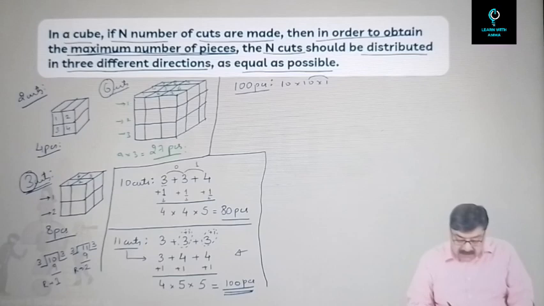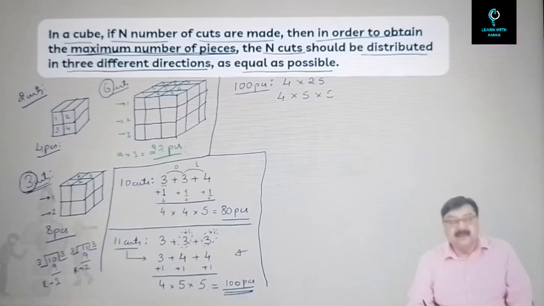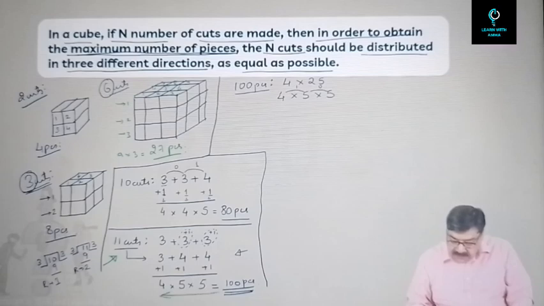So rather than doing this, let us write it as 4 into 25. Let's expand this. It would become 4 into 5 into 5. Alright, so 4 into 5 into 5. Now you see the difference here is least. 4 and 5 difference is only 1. 5 and 5 the difference is only 0. It is the least. Now go to this particular figure and let's move in the opposite direction. Well, number of pieces is 4 into 5 into 5. Yes, that's where we are right now here on the right hand side top here. Please see. Now from here you are going in the